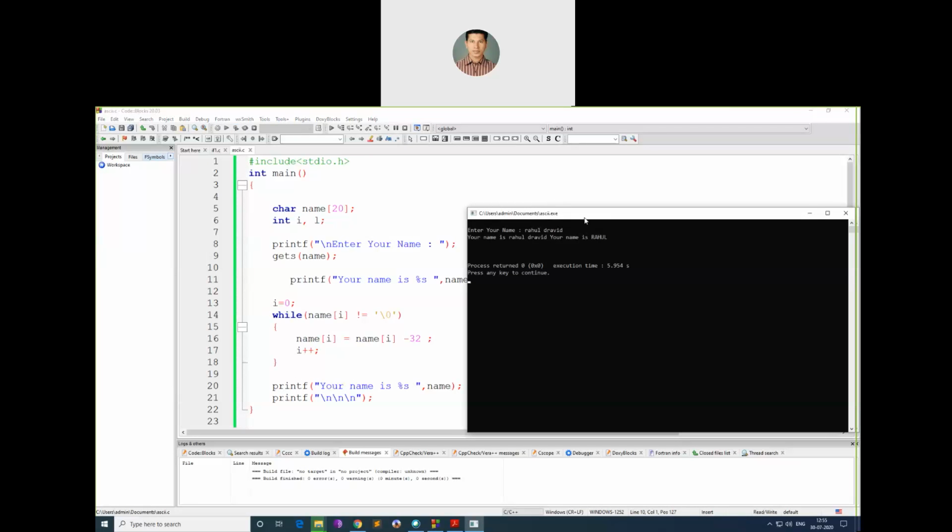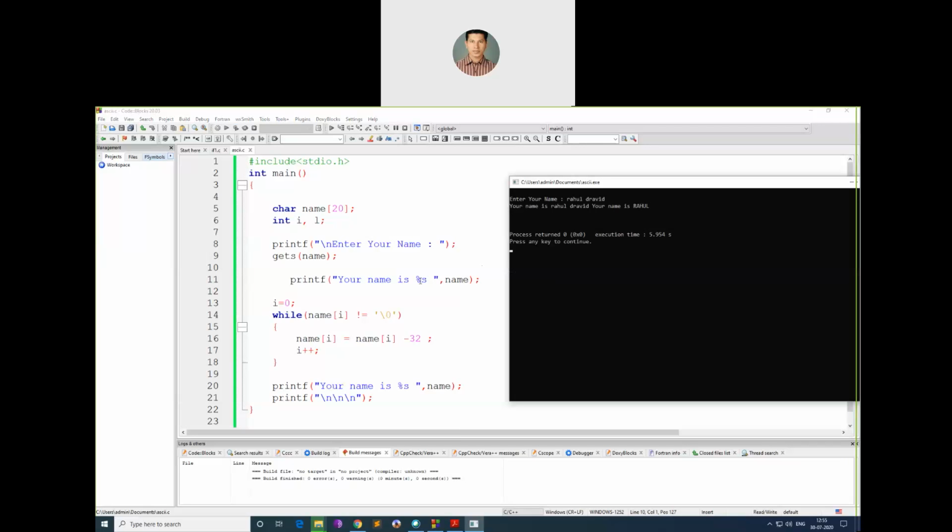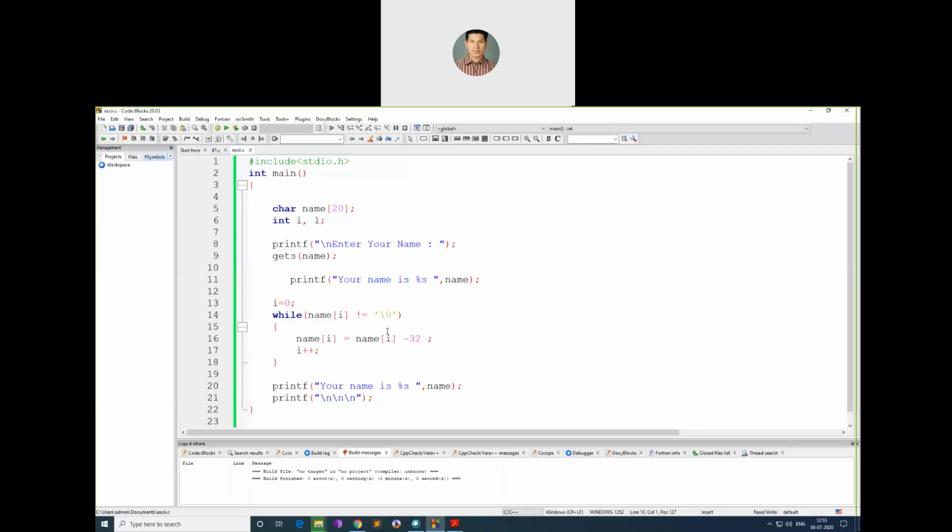Okay, that means I'm getting the whole word. Your name is Rahul Dravid. Your name is Rahul. But later, I'm not converting it. Fine, if there is a character, then I should only convert. Now, once I enter Rahul Dravid, there is a space, and that space is converting to something else. So space is taken as how much? We should print the space and see. We will do that also.